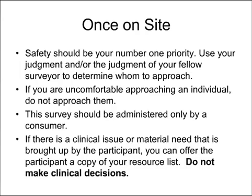Another really important thing to emphasize is that the survey should only be administered by consumers. We really appreciate the support of HCH project staff, but a really central component of the Consumer Participation Outreach Project for the many years we've been doing it is that it should be consumer-driven. It should be consumers interviewing and surveying other consumers. We really feel that this makes sure that the quality of the information and the level of comfort between surveyor and participant is the best